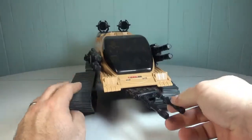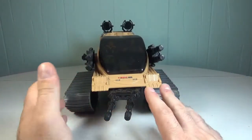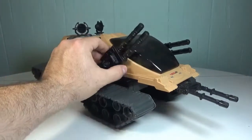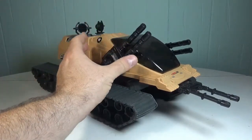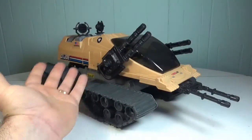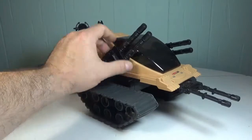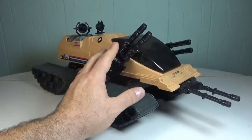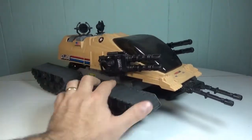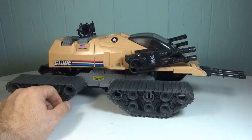And then we do have a full 360 rotation on the cannons in the front, which is pretty nice that we got that range of motion. Maybe I would have liked a little bit more range of motion in the cannons on the side here, due to it only going up about this far. Maybe a full vertical would have been nice, but I'm not going to nitpick that much. It's something that I would have maybe improved on. Or I would have done almost a full 180 right here, and then you could use these cannons to cover your backside in case you go into the other vehicle mode, which I'm going to get into in a second. But if you are in this vehicle mode and you are worried about your backside being exposed here,